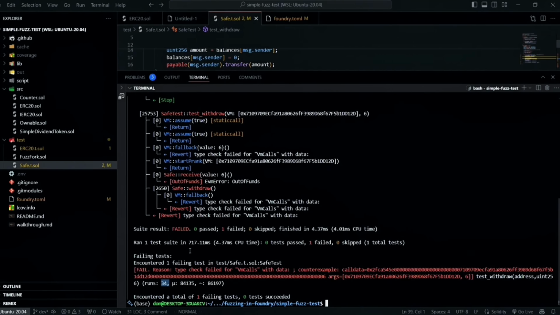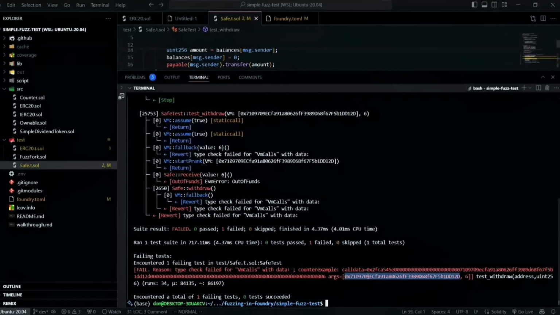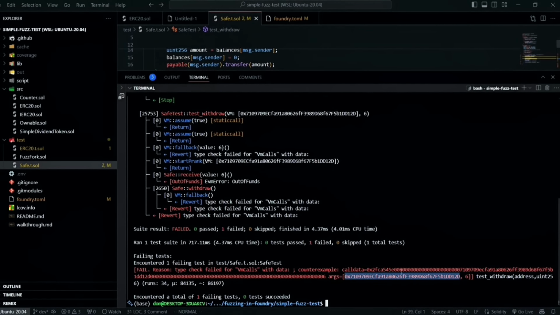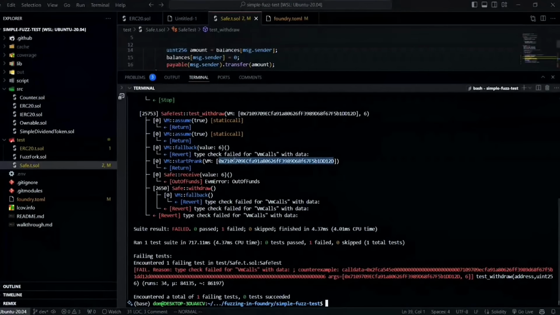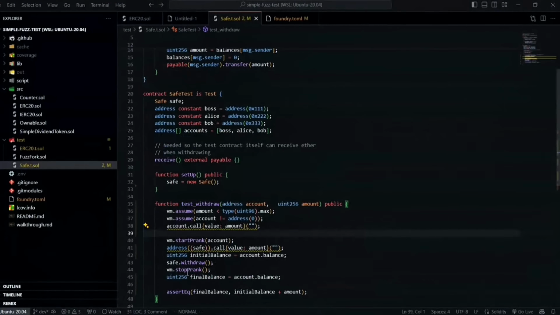So we take a look. It's going to be telling you, these are the arguments. This is the address. I expected it to fail for another reason, but okay, whatever. This is the address, and this is the amount. So if you take a look carefully, you're going to find that this address is the address of the VM